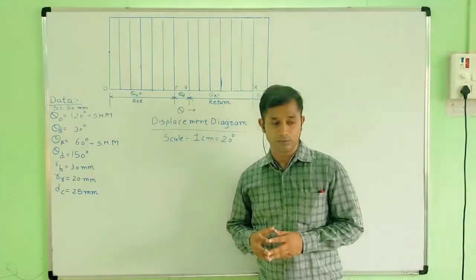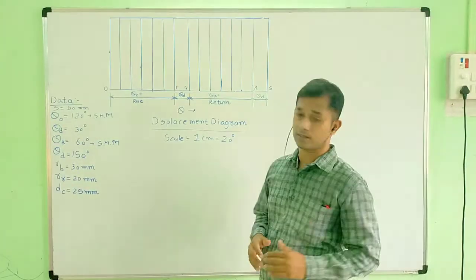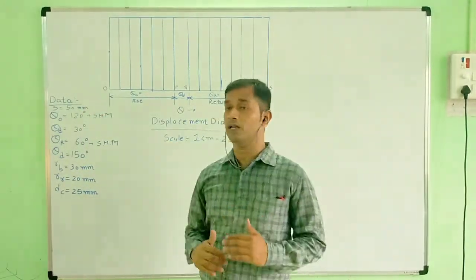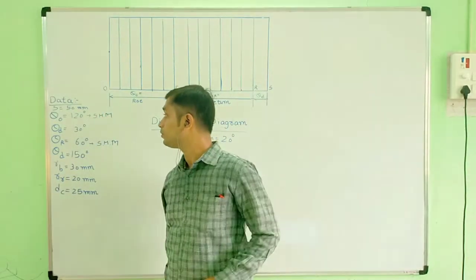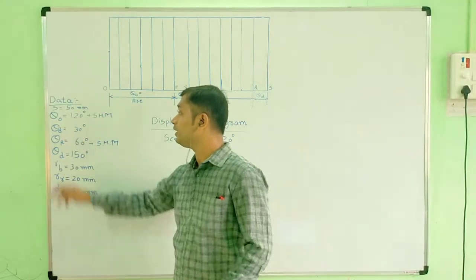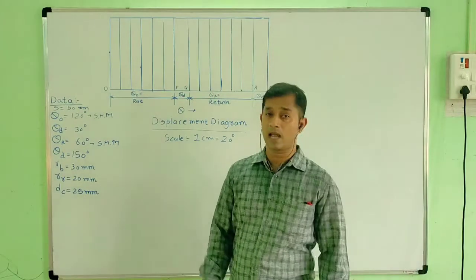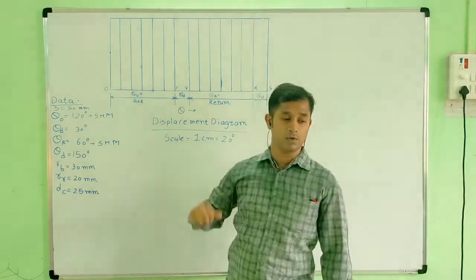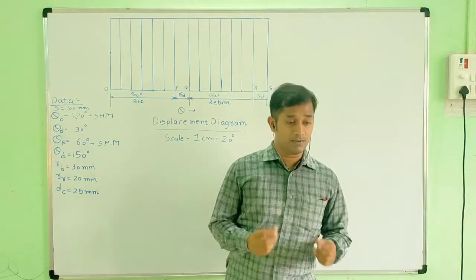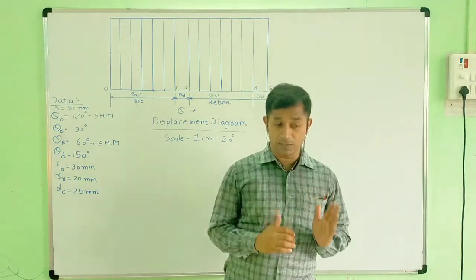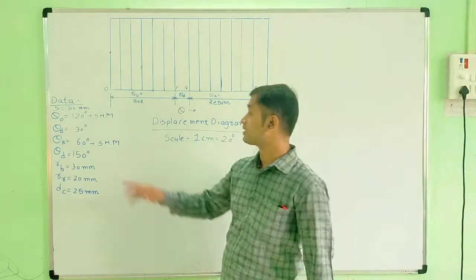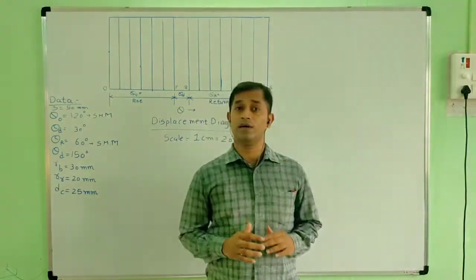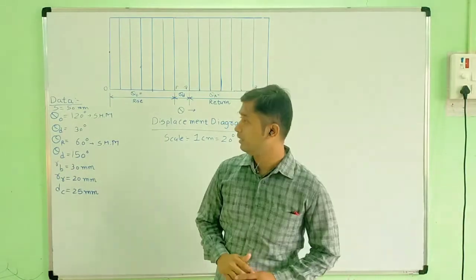Now, to raise the valve. First motion, to raise the valve 50 mm. It means here the follower lift is given as 50 mm through 120-degree rotation of the cam, and at that time the follower takes place in simple harmonic motion. Then second, to keep the valve fully raised for the next 30 degrees. It means for 30 degrees the follower will remain raised, stable. It means zero movement.